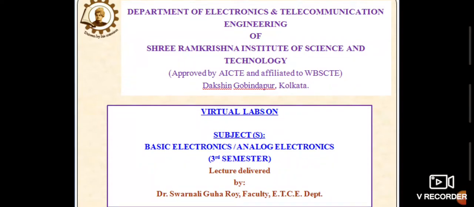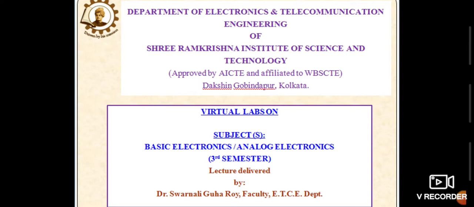Hello students. Today I will tell you how you can do your lab experiments virtually. As in the present situation it is not possible for us to carry out normal offline classes, for this reason you have to learn and adopt the procedure to attend the lab classes virtually by using some software means.